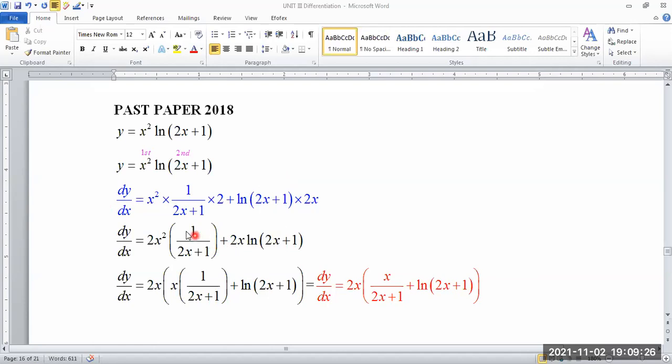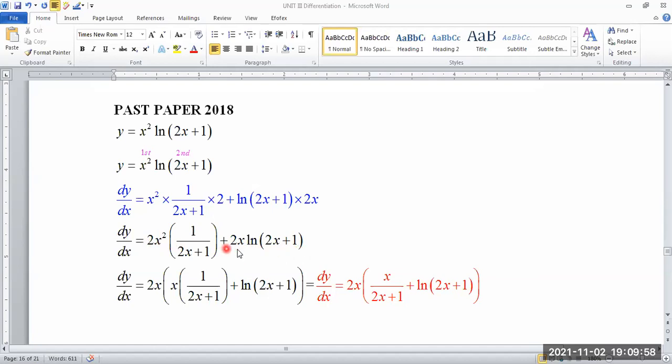I need to fix it up. What I did in the fixing up part is just remove these signs. So this 2 is going to be multiplied by this x squared, so I just put it right here. And this 1 over 2x plus 1, I just contain it in some parentheses so it looks nice-ish. And this 2x, I just put it in front of my ln, right by my ln 2x plus 1. And then what I'm going to be doing now is looking at this first term compared to the second term and seeing which of them favor.